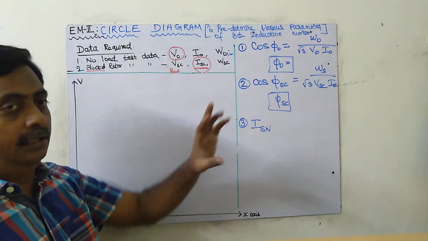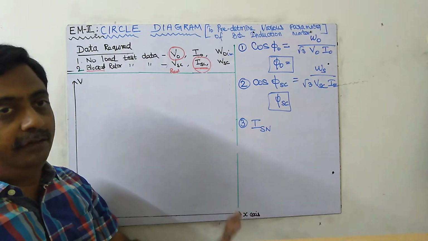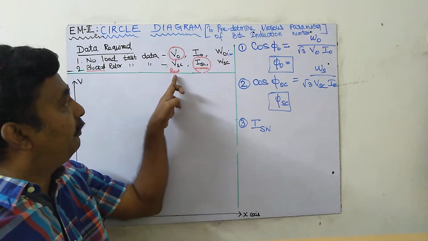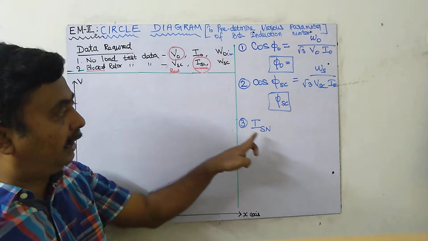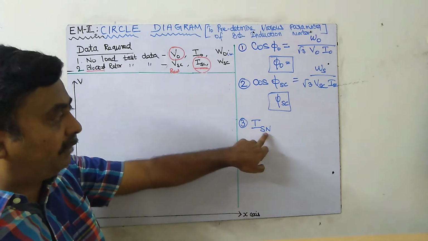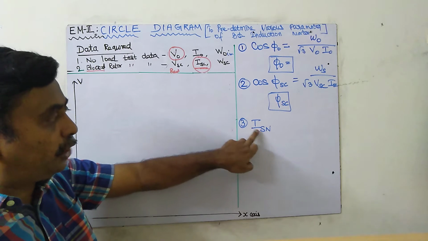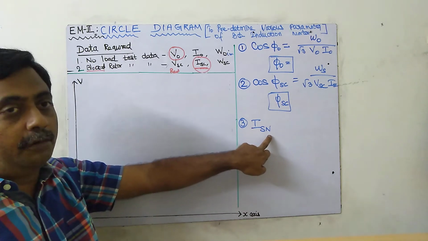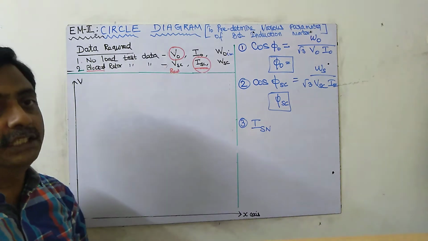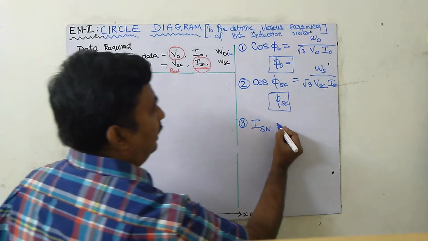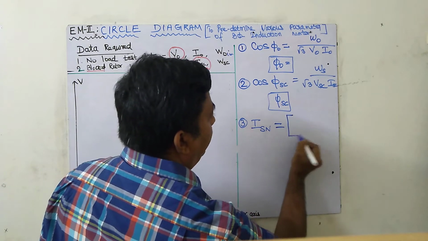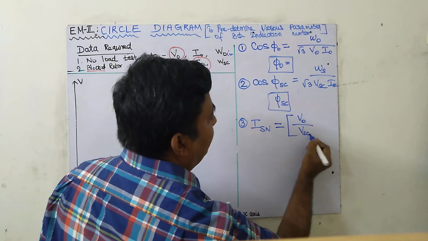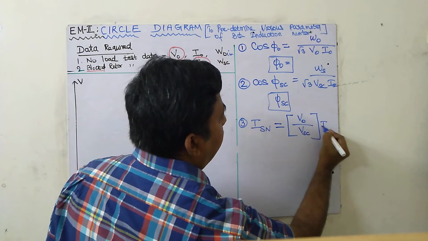It is a copper coil, it will be burned. So we can only reduce the voltage. We are doing the experiment at rated current only. If I give rated voltage, it is not possible, so I am finding it by theory. ISN equals short circuit current at normal voltage. Normal voltage means 415 volts from our laboratory point of view.